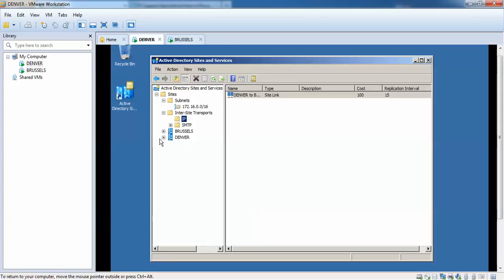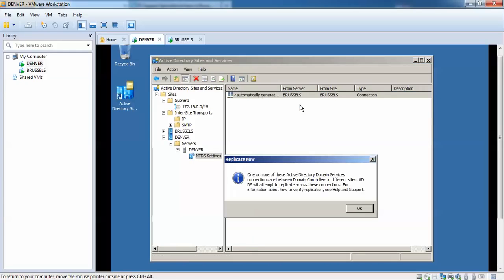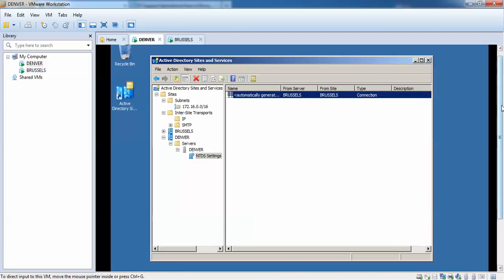To force that, I'm gonna open the Denver site, Servers, Denver, NTDS, and you see here from server Brussels, from site Brussels. If I right click here and hit Replicate Now and then OK,